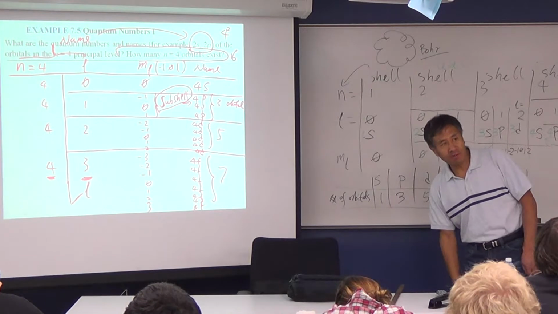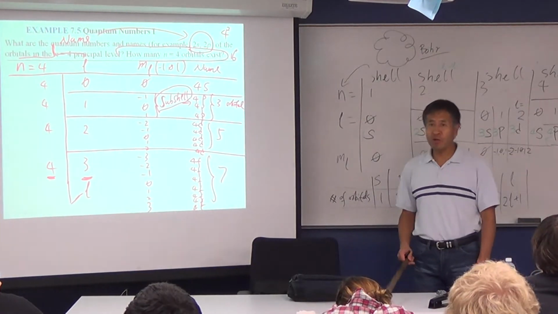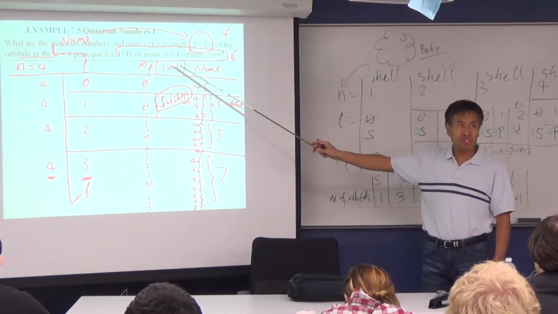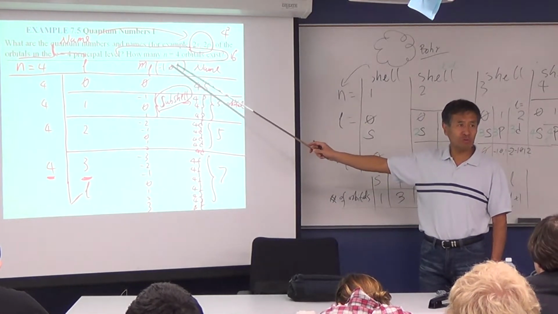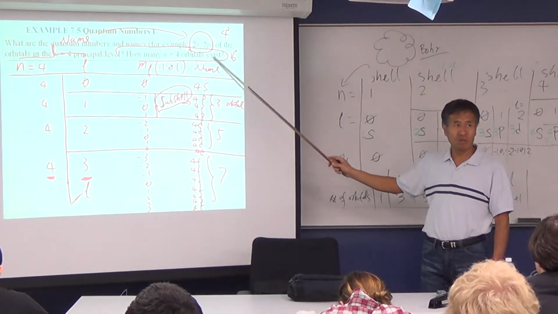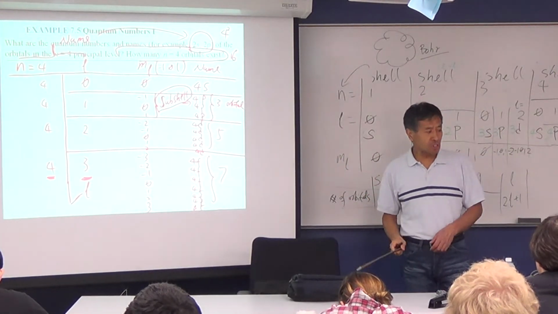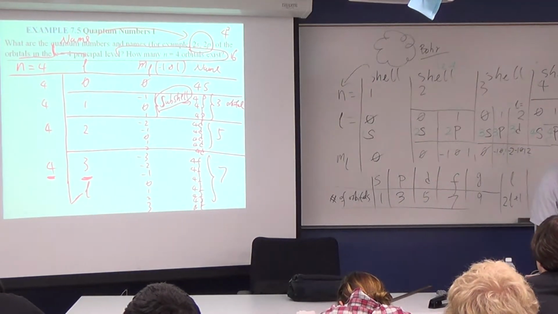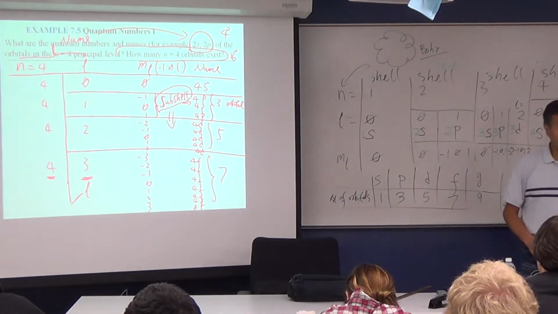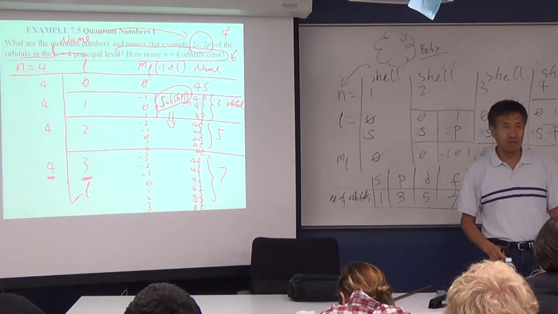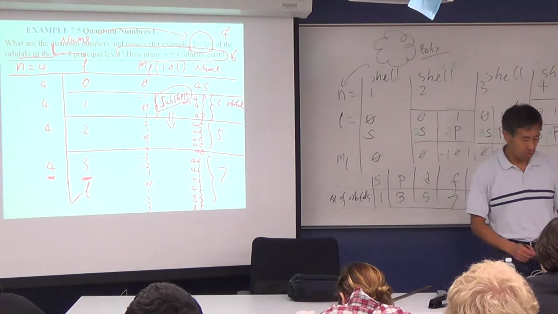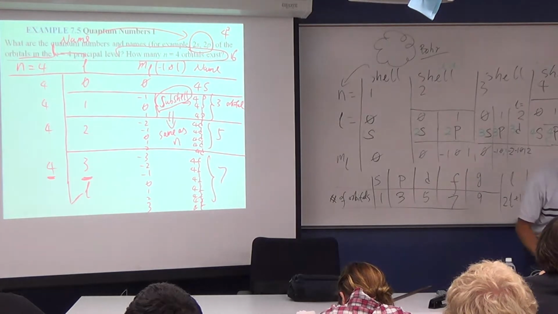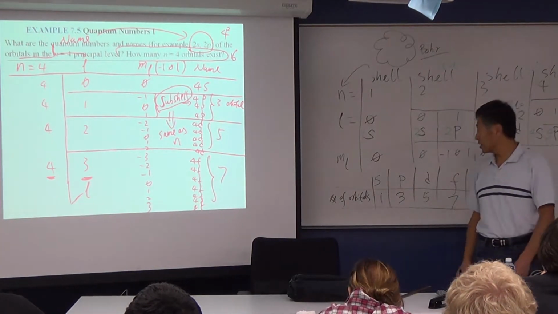Another pattern I want you to find out is how many orbitals you can already find out for the given n. You just do what? Square the given n. If the given n is 4, you square 4, you get 16. Right? So another question is how many sub-levels? Sub-levels equal to how many? You find a pattern there. Same as n. See this here?